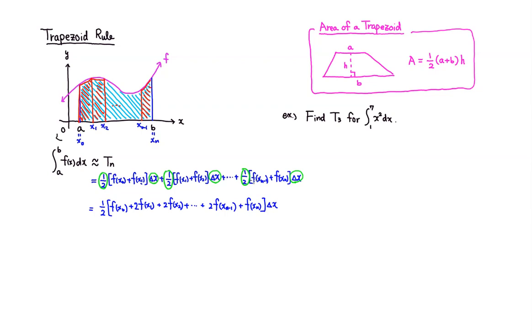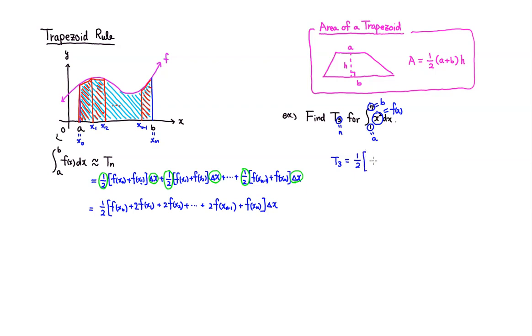Let's use this to find T3. We want to find T3 for the integral from 1 to 7 of x squared dx. As usual, we can identify the n value, which is 3. The lower limit a is 1, and b is 7. And here is our f of x. So to find T3, all we have to do is we have a 1/2,